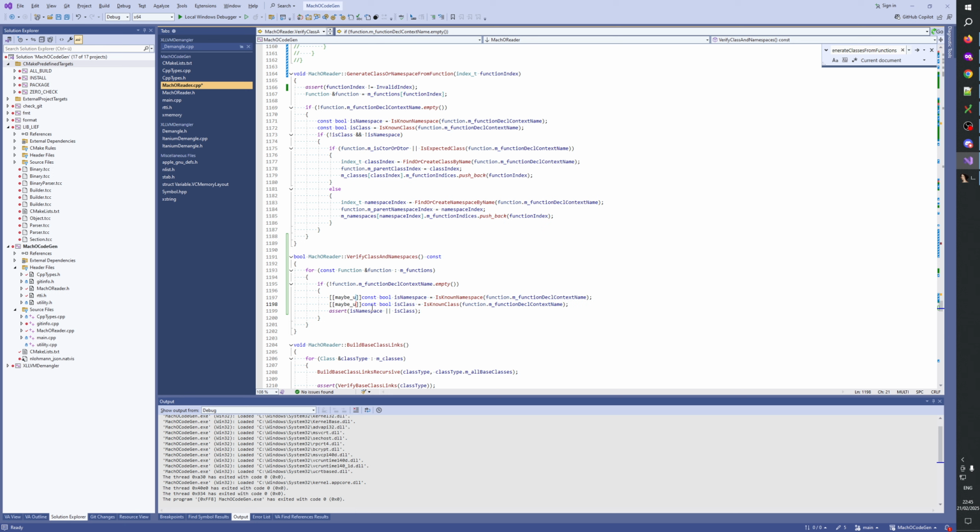Maybe unused. And bool verify functions function. Namespace is class. Okay, but then it's a function that